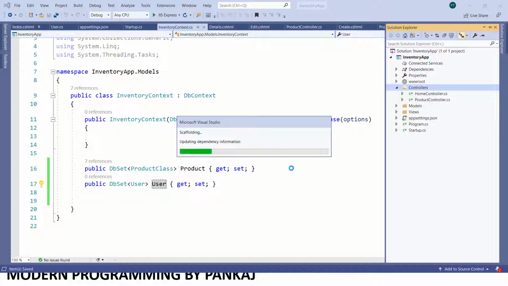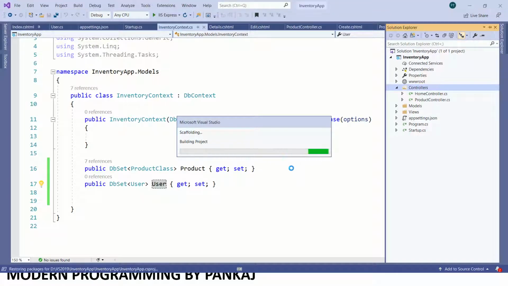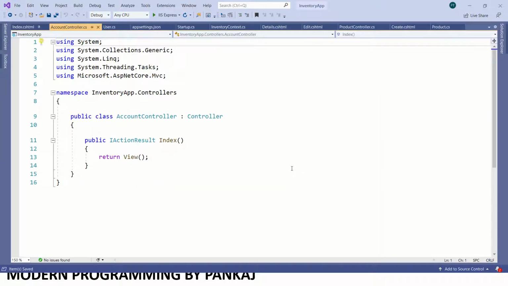It will take some time to create the controller, because it uses the scaffolding available in Visual Studio, and it will generate some ready-made code for us. We are getting messages that it is generating the code. Whatever it is doing, it is showing in the message also. See, it has added the account controller.